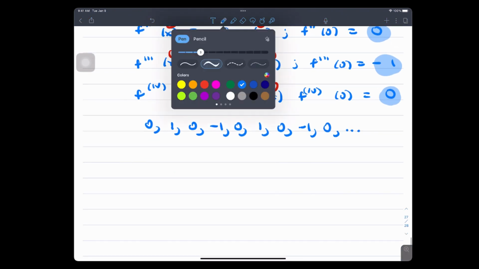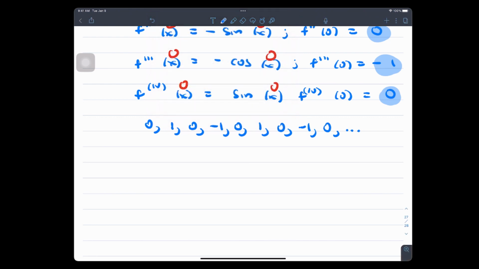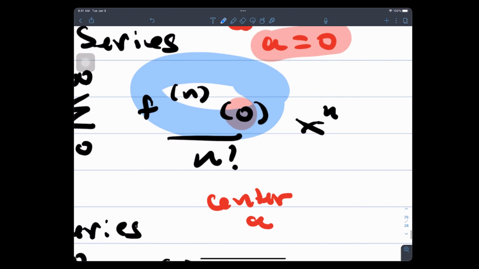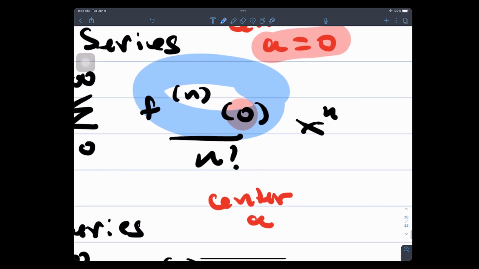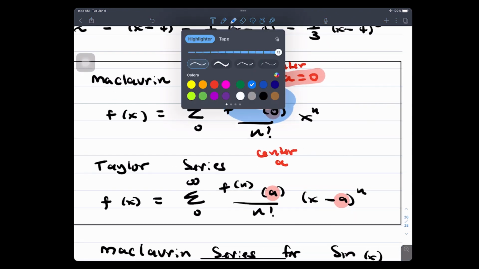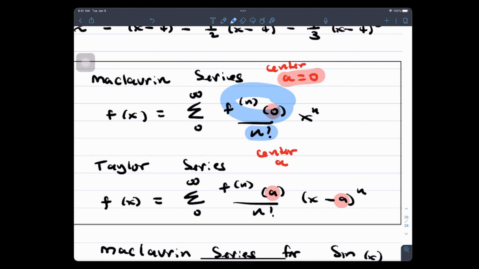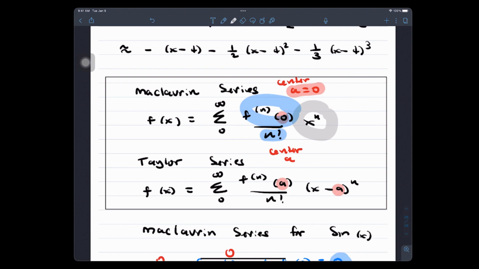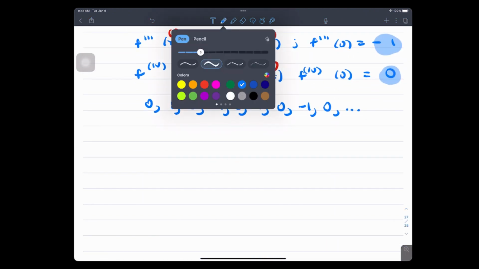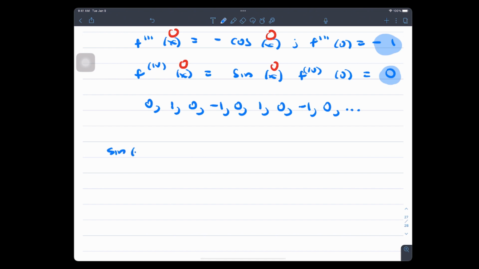So what that really means for us, we've found this is the important detail. That's the numerator. The denominator is going to be n factorial. So you say, is the denominator going to be n factorial? Yes. And then, of course, we have the variable here, x to the n. So altogether, you might say, well, what does that look like then? Well, what we can say is sine, starting off,